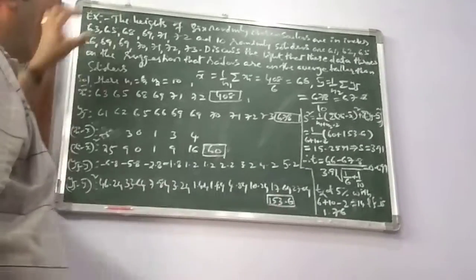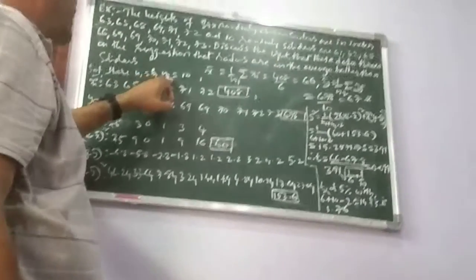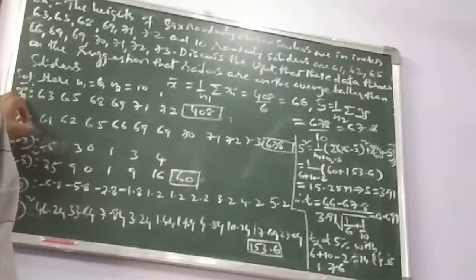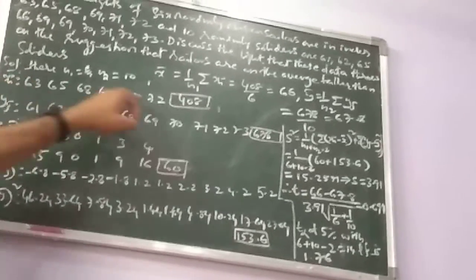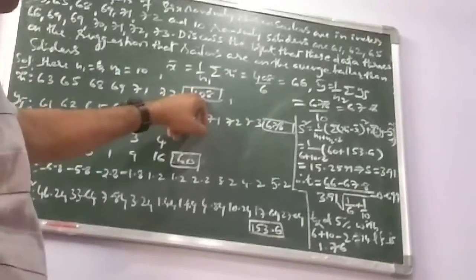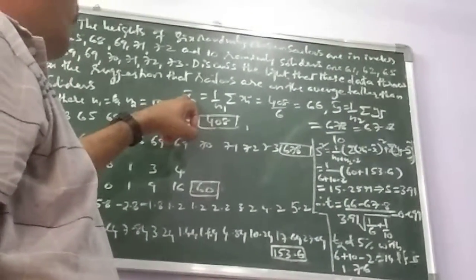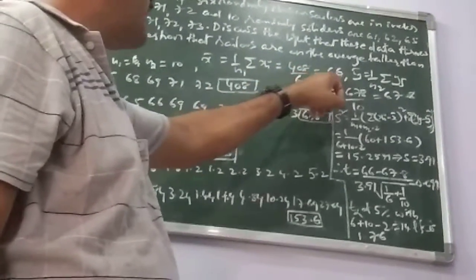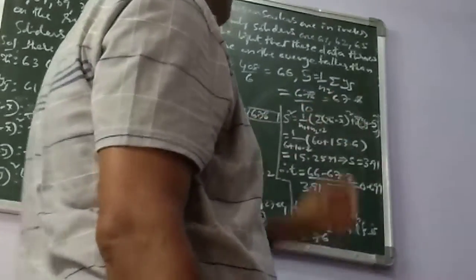Whether we will accept or reject, we will give the conclusion of that statement. First, what is the given data here? N1 equal to 6 observations, sailors, and soldiers observations are 10. N1 equal to 6, N2 equal to 10. Sailors data is denoted by xi, soldiers data by yj. The totals: summation of xi is 408 and summation of yj is 678. Then calculate the sample means. X bar equal to 1 by n1 summation of xi equal to 408 by 6, equal to 68. Y bar equal to 1 by n2 summation of yj equal to 678 by 10, equal to 67.8.